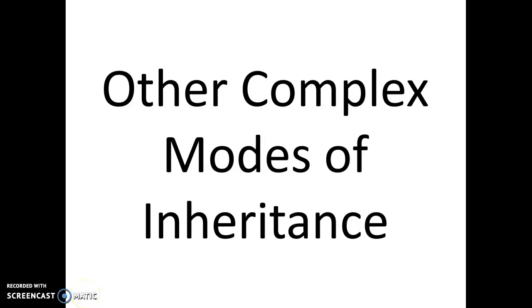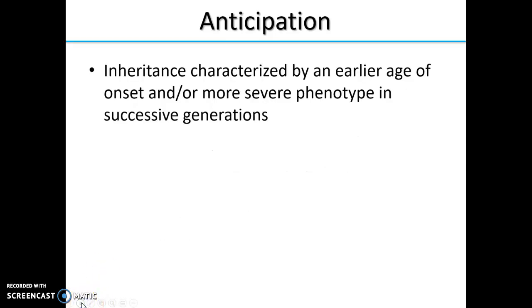Let's talk about a couple other modes of complex inheritance that violate Mendel's. So the first one we have is this idea of anticipation. As this trait is passed on from generation to generation, it gets more severe or has an earlier age of onset, okay? So if we're talking about a disease,